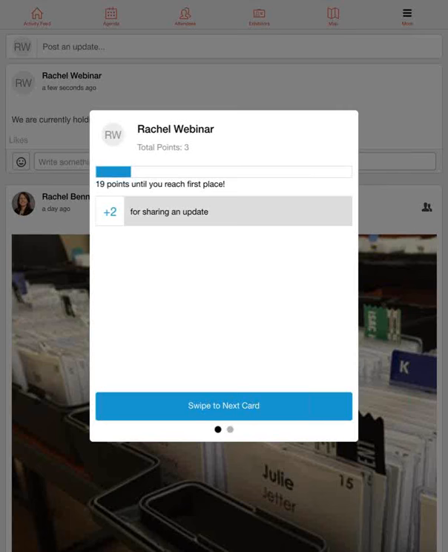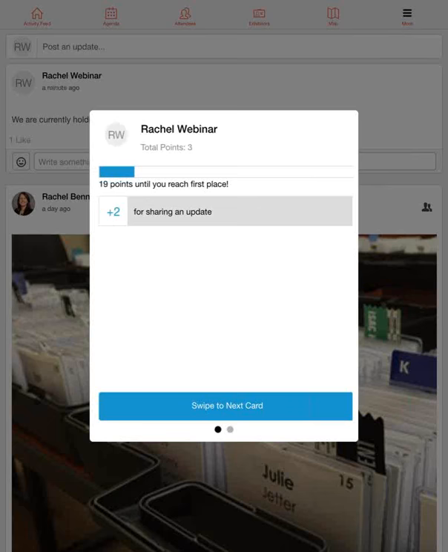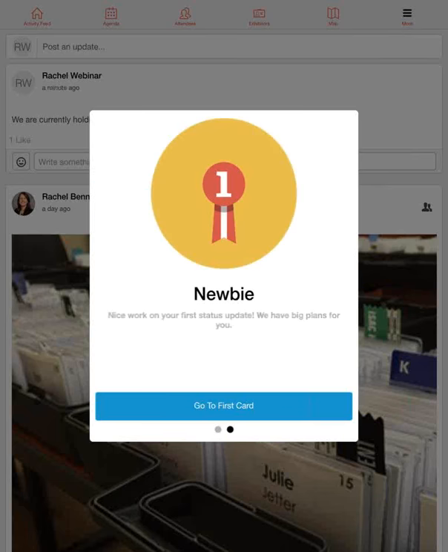But just to let you know, this is what those notifications are going to look like. And each time you receive a notification, you receive points, you'll get something like this that pops up. And this is the only way that you can track how many points you have, and we can't track them on the back end either. So basically, this is what you'll need to know if you want to participate in the leaderboard function in the app.